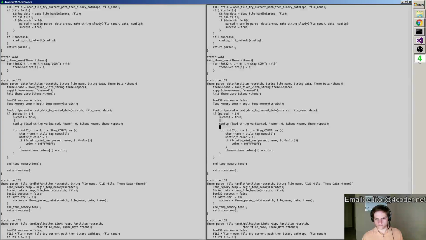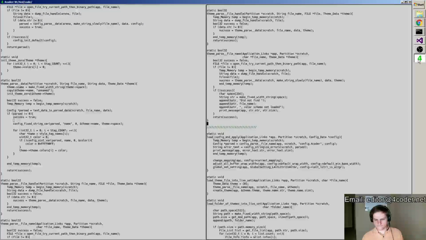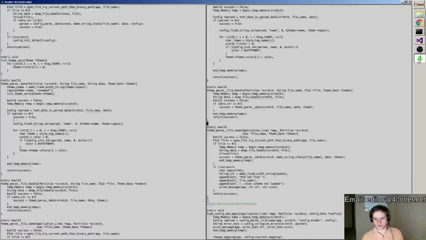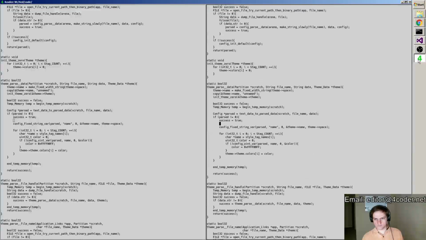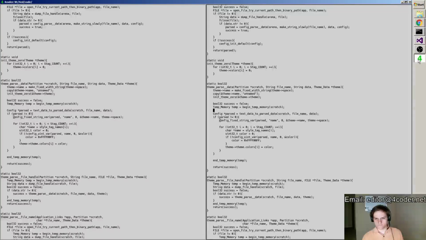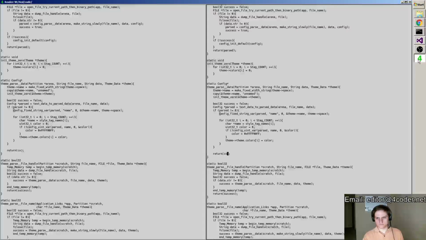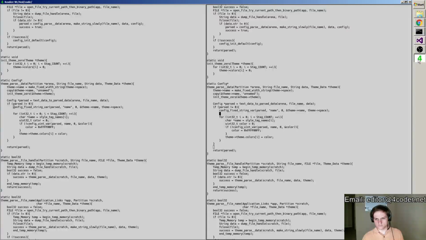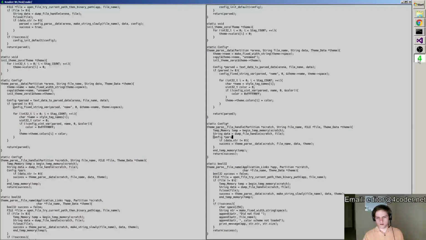Config.cpp. Parse file name. Config pointer, this is an arena, and we don't blow it out when we're done. Config pointer, whoops, parsed.